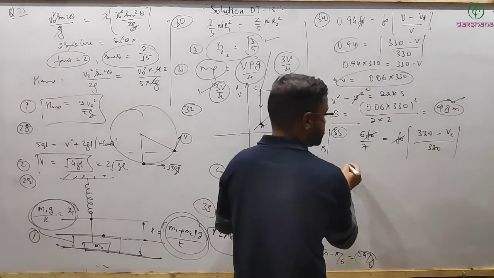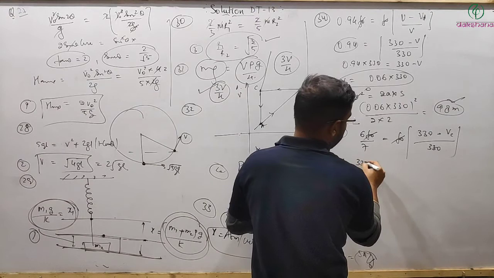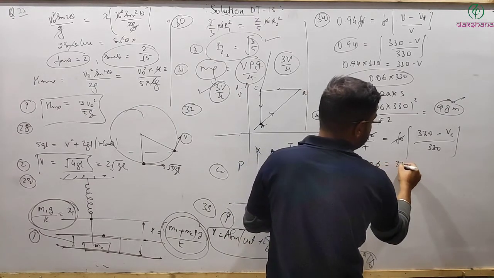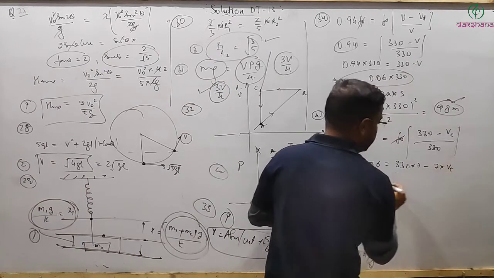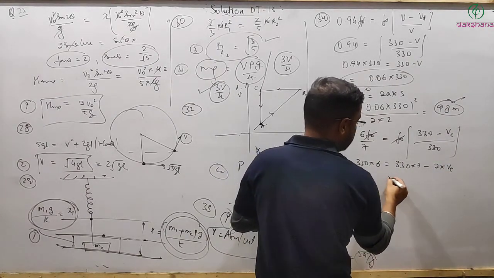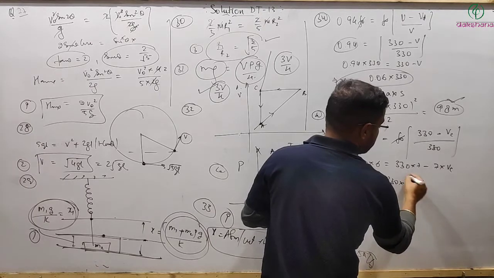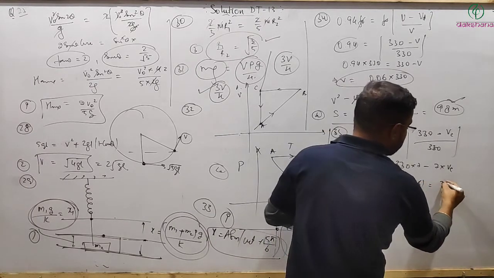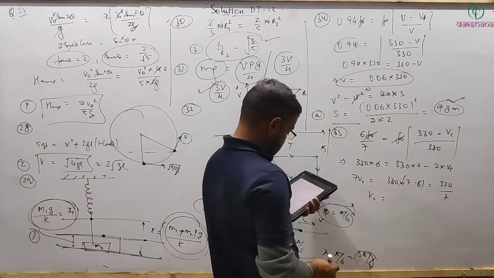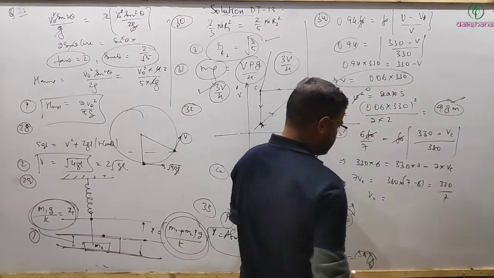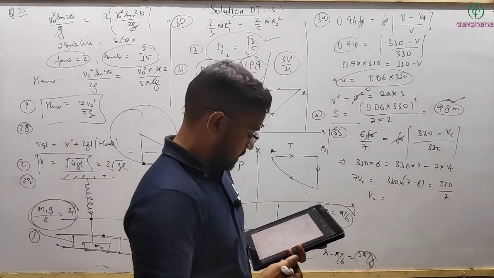Again this simplifying it, 330 multiplied by 6 is equal to 330 multiplied by 7 minus 7 multiplied by velocity of car. 7 times velocity of car is equal to 330 into 7 minus 6, that is equal to 330 divided by 7. So velocity of car is coming out to be such, it's like I think